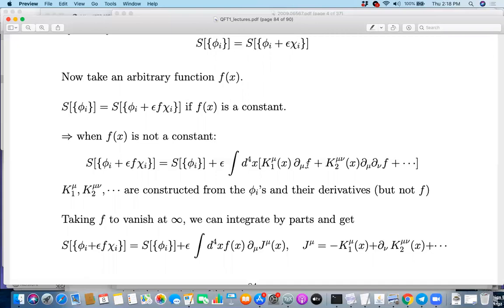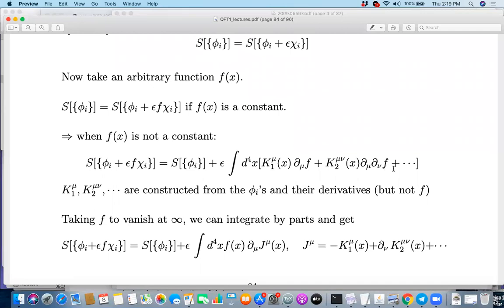What can you write? You will write f of x integrated over the whole of x multiplied by some arbitrary function. Then you can write the derivative of f of x integrated over the whole space multiplied by some arbitrary function, and so on. All you are saying here is that the term where f of x is integrated multiplied by some arbitrary function must be absent, because when f is constant, this side should be 0. This part should be 0, right? So that's why this is the most general expression that you could write down.